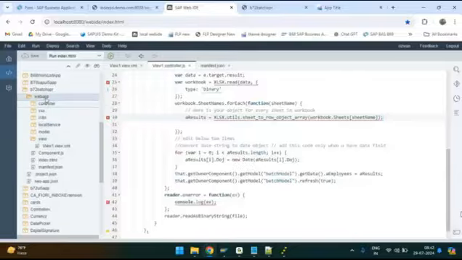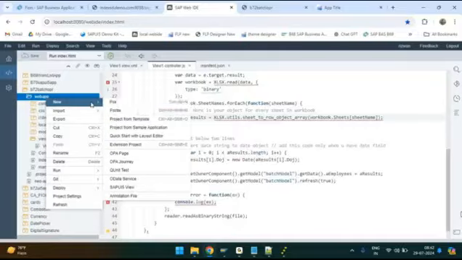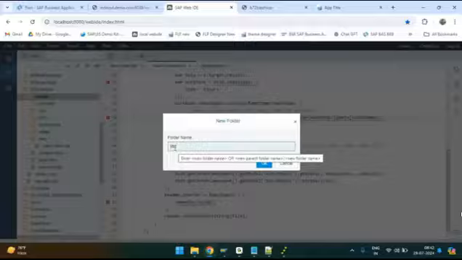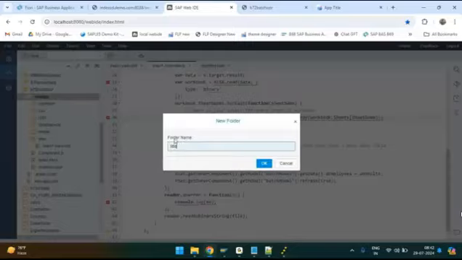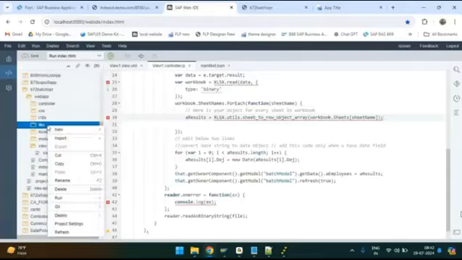So within the webapp folder, you need to create another folder with the name libs. Libs means libraries. So if your project needs any third-party JavaScript libraries, you can create a folder with the name libs under the webapp folder. Now within this particular folder, you need to upload